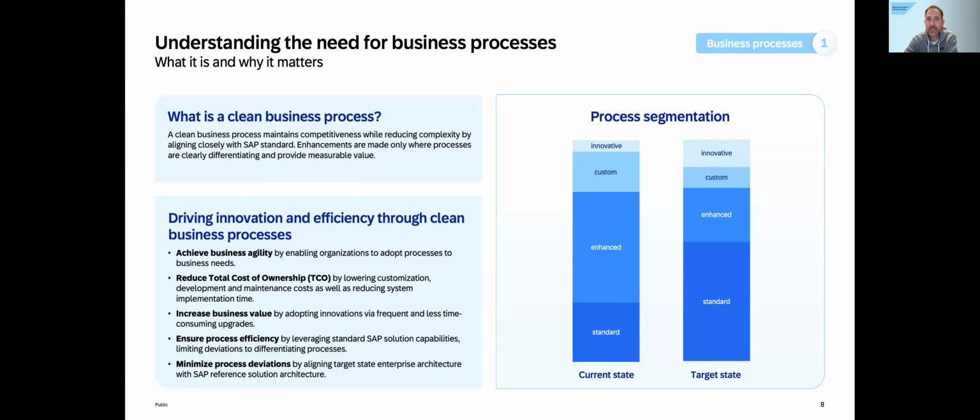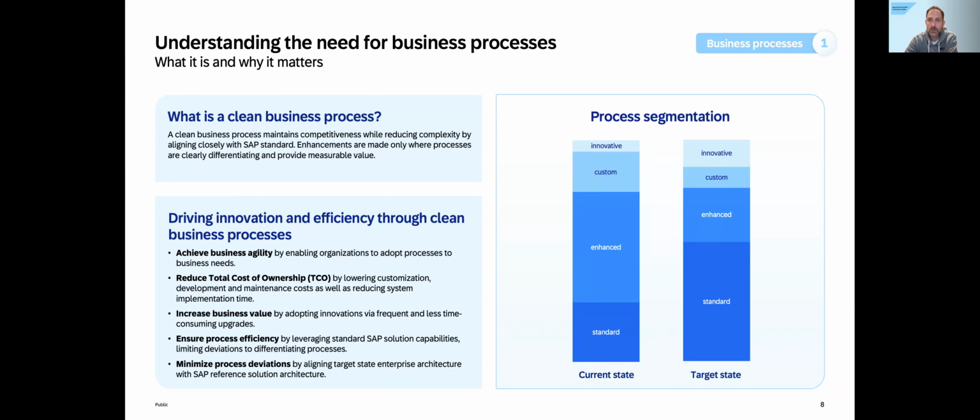And when you do enhancements, and there are obviously different types of enhancements, like adapting SAP standard by creating additional configuration, but also adapting SAP standard by making developments, you should have a clear razor-sharp focus on whether this is differentiating you as an organization and whether this enhancement is going to bring really measurable value. That is the overall aim that we have, and it's described in this one sentence about what a clean business process is.